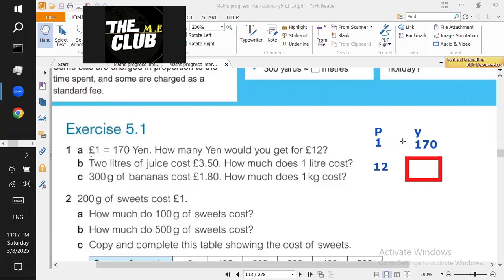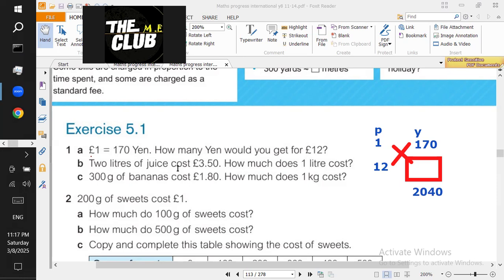The X method means you put an X like this between them, multiply the ones connected with the line, and then divide by the other one. So I'm going to multiply 170 by 12 using the calculator, of course, because it's allowed for you guys. 170 times 12 equals 2040. And then divided by 1 is going to be 2040. So the answer will be